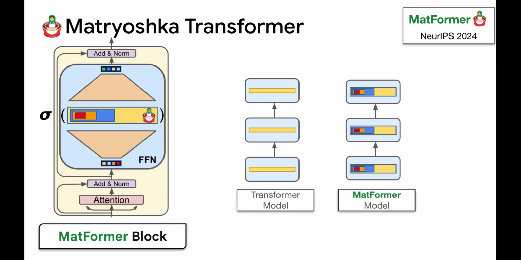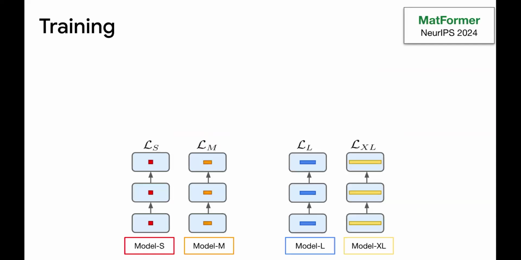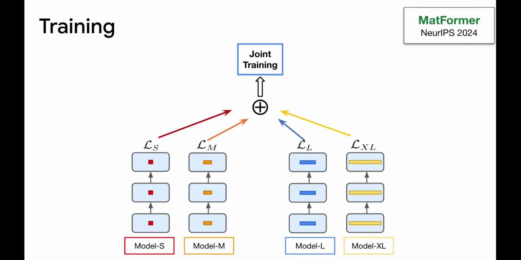You stack transformer blocks, it becomes a transformer model. Stack MatFormer blocks, it becomes a MatFormer model. And the way you train it is very similar to Matryoshka representation learning. You stack all the layers with the smallest granularity, it becomes model S. All the medium granularities becomes model M. Large to large. Same batch of data, do a forward prop, compute loss, jointly optimize. The only difference from Matryoshka representation learning is the compute here is not reusable because these are all non-linear networks. So you cannot use the compute of model S to initialize the compute for model M. So you need to recompute it.